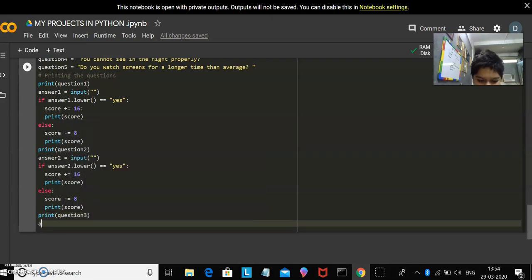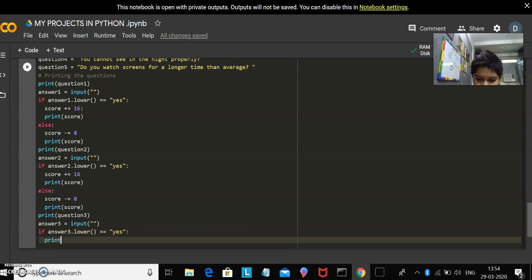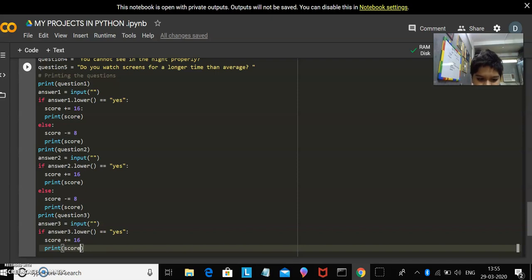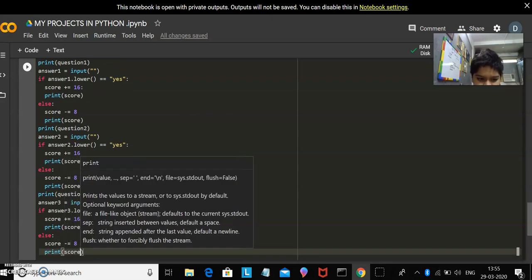print question 3, answer 3 is equal to input, okay, if answer 3 dot lower is equal to, okay, yes, score plus is equal to 16, print score, else score minus is equal to 8, print score,